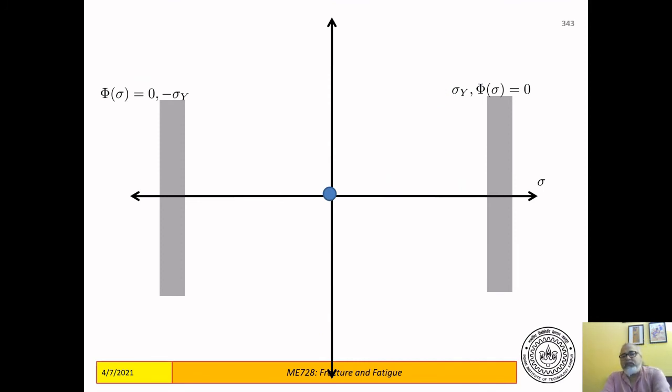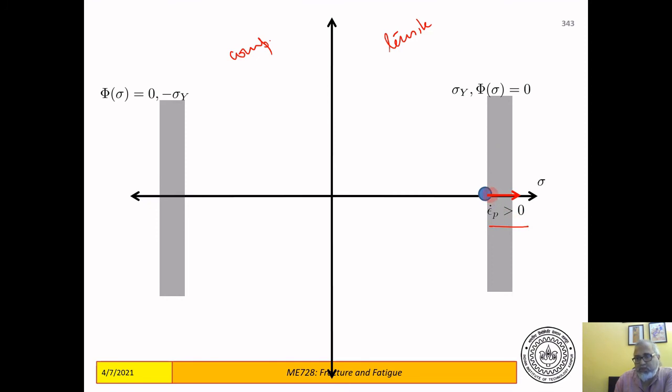So this is another way of illustrating it. So I have now done compressive as well as tensile regime. So this is my tensile and this is compressive. So this is my material point. Initially it is at zero stress. So it can go only up to the point where phi sigma is equal to 0 or sigma is equal to sigma y in the compressive direction, in the tensile direction. After this, it will have plasticity, but at plasticity, phi sigma will remain equal to 0, so it will remain here. Now, when you look at epsilon p dot, it is